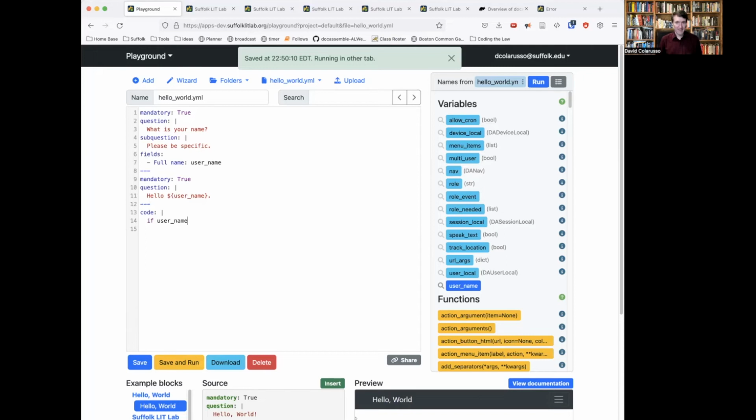User name, and let's just say equal Scotty. The syntax is a little different than JavaScript. Instead of curly brackets to set off the if-then statement, we do a colon, and then we indent. The indenting is very important. The code in docassemble is actually Python. So if you're at all familiar with Python, you could just write Python code directly into the code section. And here I'm going to go ahead and say secret message equals